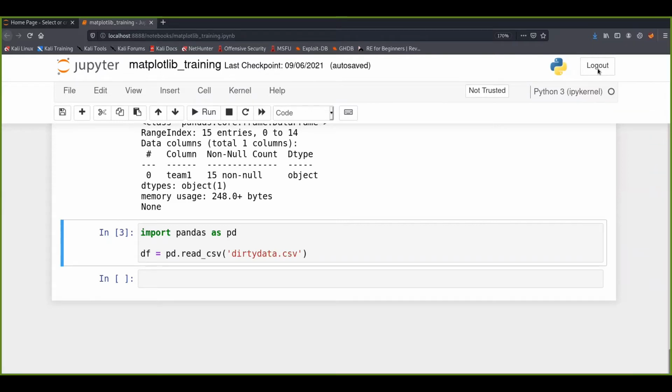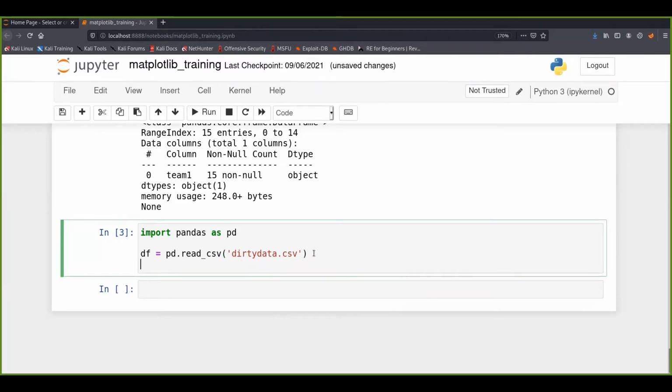Okay, so in our last class we just completed how we can use the pandas library for reading a csv file. CSV files are the same as our Excel files in which we have data. I have one file downloaded, that is dirtydata.csv, in the same directory. So first of all, initially what we'll do is try to print